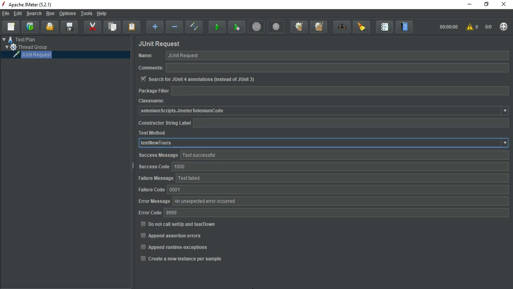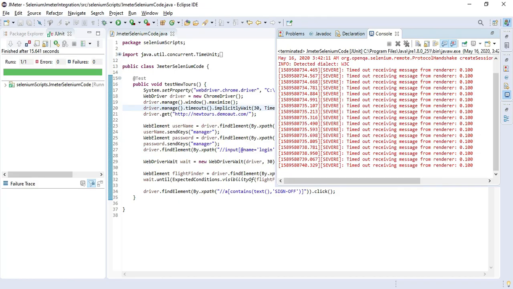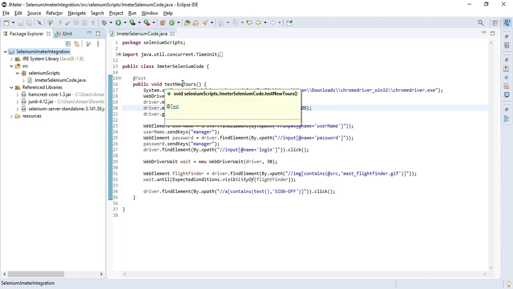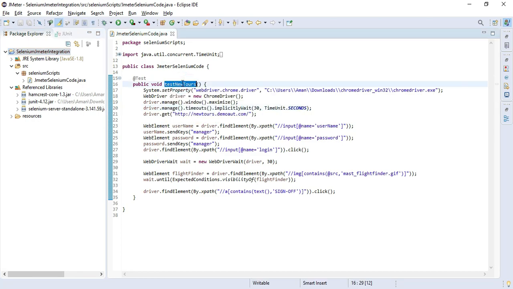Let's go to our Eclipse and verify all those things. Okay, here it is, our class name JMeter Selenium code, and our JUnit method name was test new tools.